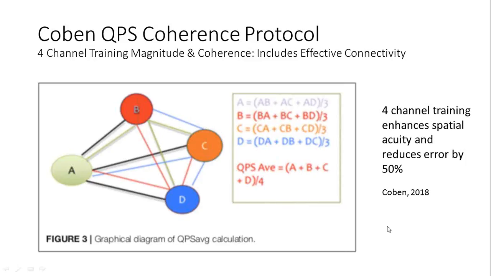But with his particular type of coherence training, and the reason I say he's including effective connectivity is because he's not just looking at the relationship between B and C and A and D, like F3, F4, and P3, P4. He's looking at all combinations and permutations of possible connections between those 4 locations. And when you look at those combinations and permutations, here they are. And what he does is he adds them up and divides, and so he gets an average. So what he's really doing is he is training the effective connectivity between these locations. And that's a new thing, really.